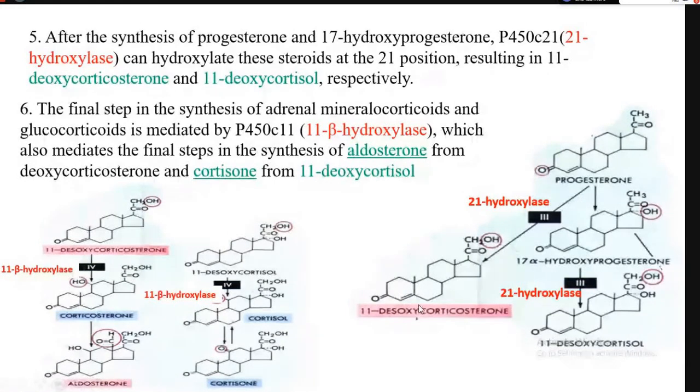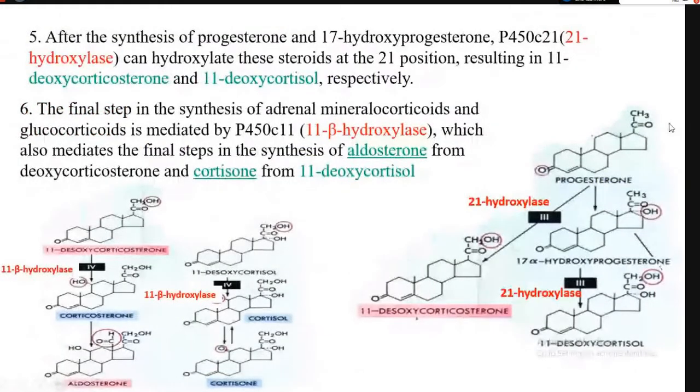It changes into 11-deoxycorticosterone. Now this keto group has been changed into a hydroxyl group. Again, you can see the change of keto group to hydroxyl group. Now these things happen here. Very important. I am giving very important hints about the study of steroid synthesis. Okay, very interesting also. This is 21-hydroxylase. Now this keto group